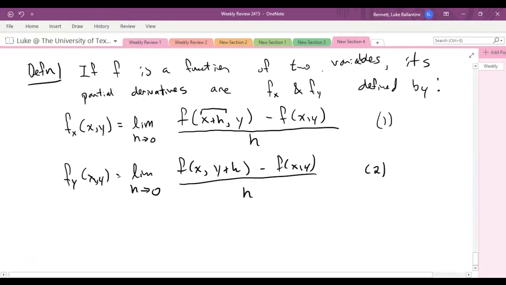Yeah, if you have 2 variables, 2 partial derivatives, it's just looking at the change in x alone, looking at the change in y alone, and just leaving the other variable fixed. Some notation that you might run into,